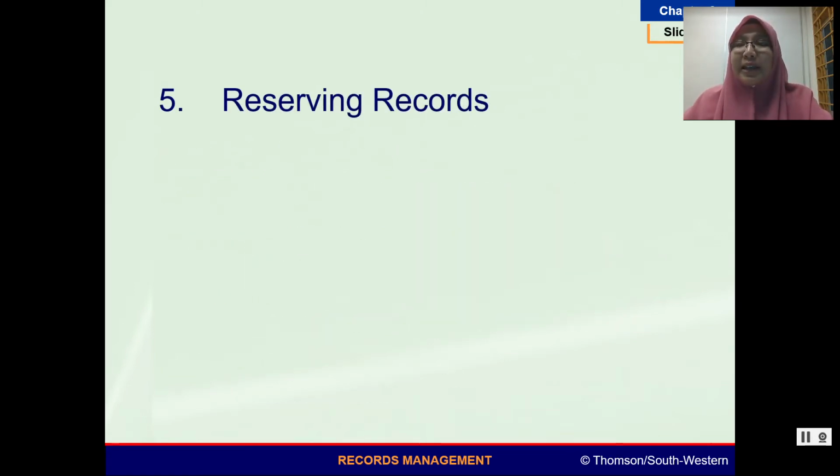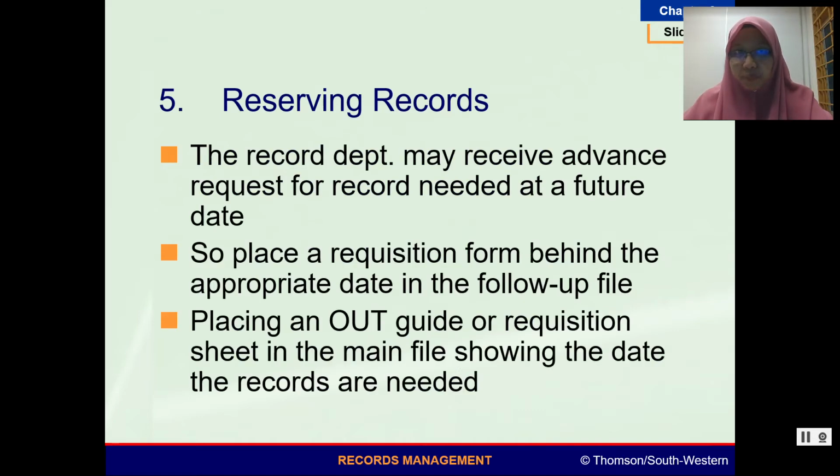last but not least is how you are going to reserve the record. The records department may receive advance requests for records needed at a future date. Okay, so place a requisition form behind the appropriate date in the follow-up file. You place an outguide or requisition sheet in the main file showing the dates the records are needed. Okay, for example, many of your employees in that department want to borrow that document. So in order for you to use that one next month, you want to book or reserve the document next month, so you need to place the